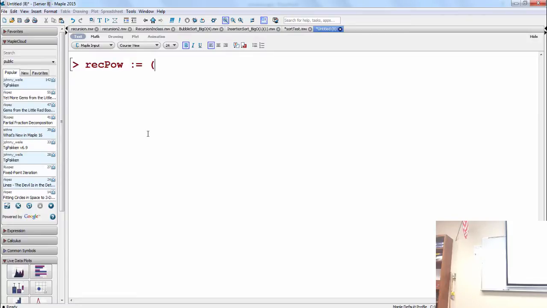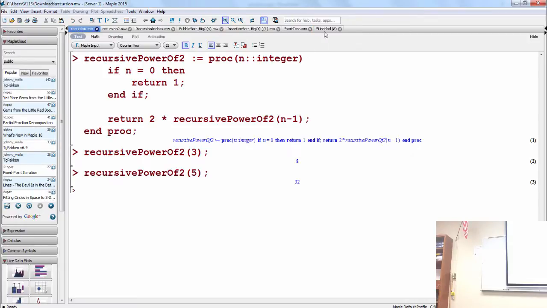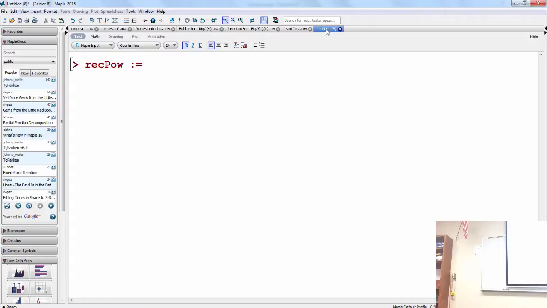So we need to set up our procedure first. And we'll send in n as an integer. So here's where we put our base case. And I encourage you to write your notes in there as you go along.